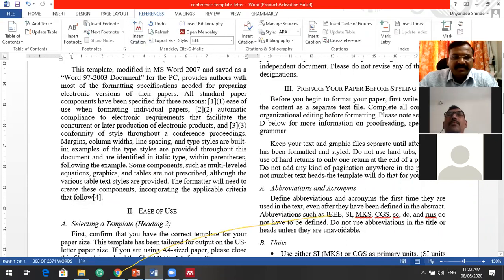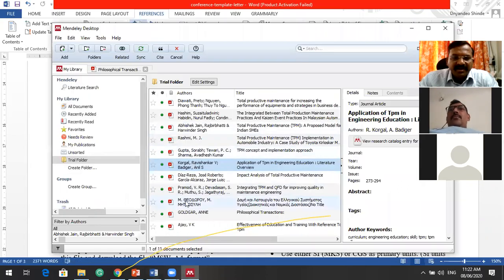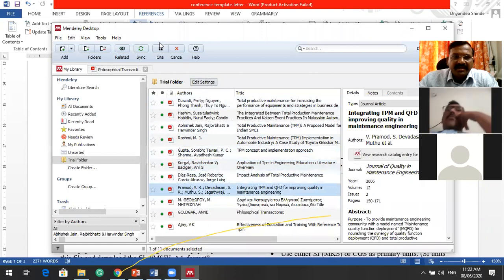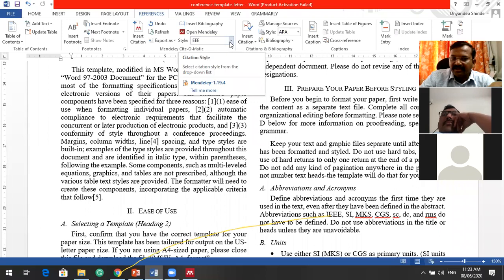If you add some reference in between, automatically it will manage your library. You don't have to edit the numberings. Once I add the reference in between, the numbers afterwards will refresh themselves. And the style which you see is IEEE style, where the reference is given in brackets showing the number.